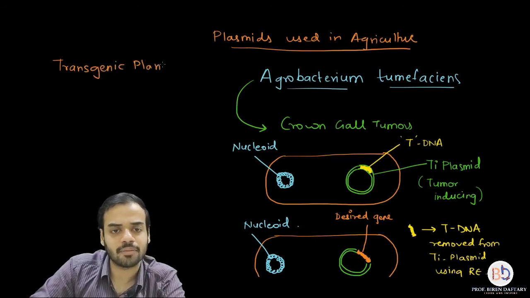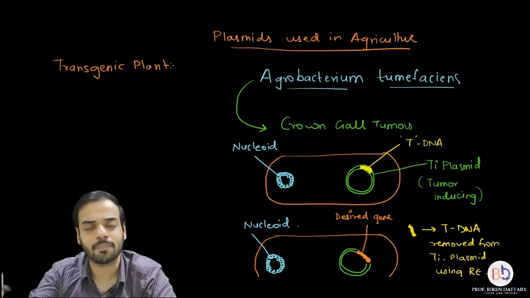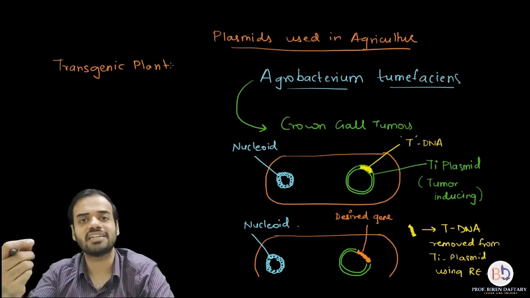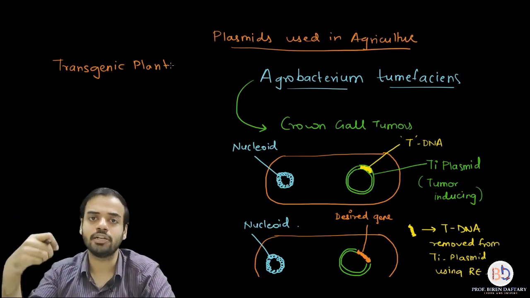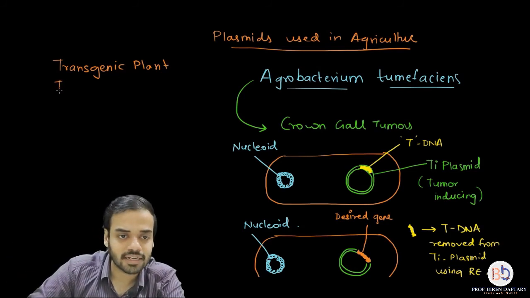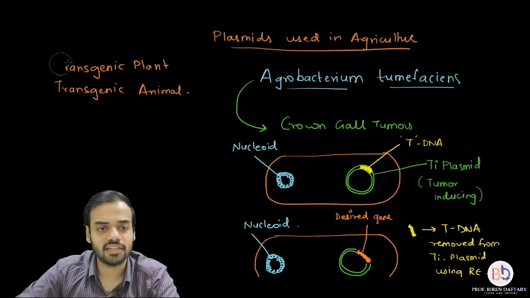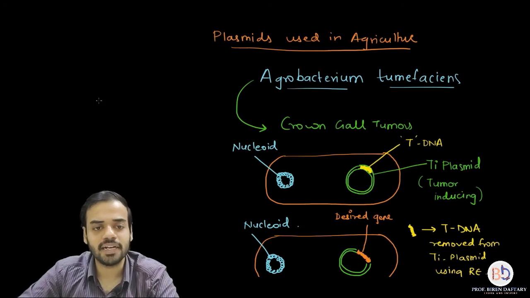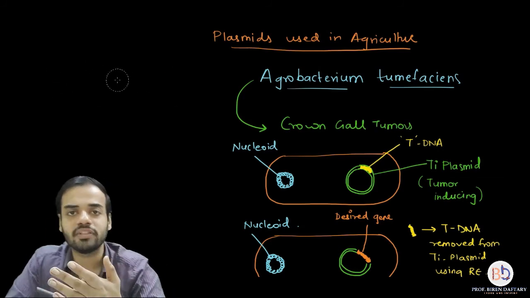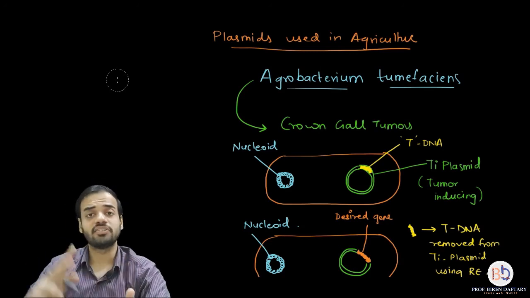We will be learning about transgenic organisms in the later part of this chapter. If you insert a foreign gene into a host animal, then that animal is called a transgenic animal. Please remember this. Is that clear? Okay, so I hope this part is clear. So with that, we complete the second biological tool, which is called cloning vectors. This is a very, very important part.